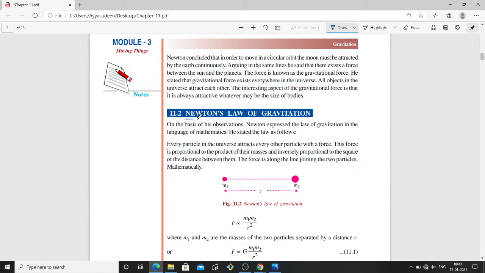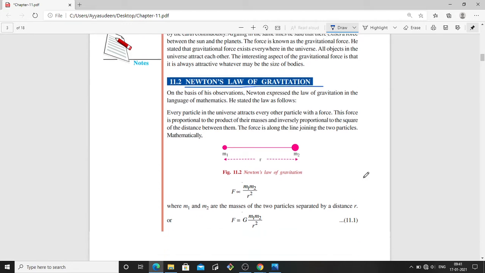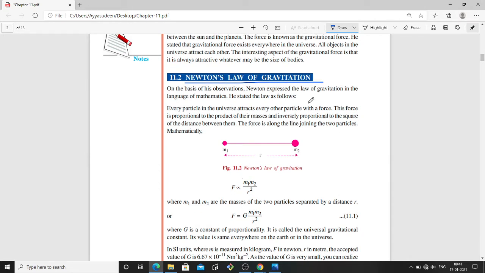The next is Newton's law of gravitation. Based on his observations, Newton expressed the law of gravitation in the language of mathematics. His law is that every particle in the universe attracts every other particle with a force, and this force is proportional to the product of their masses. So if you take two objects here,